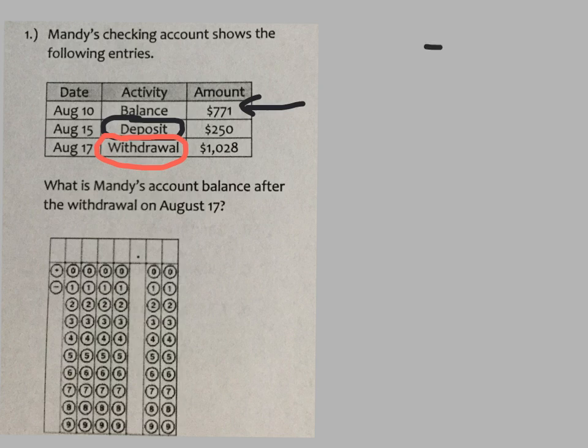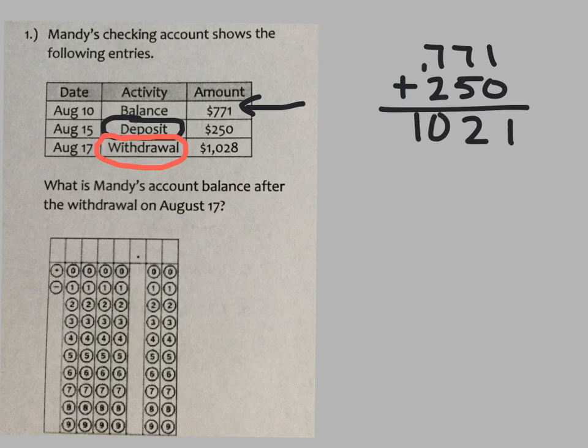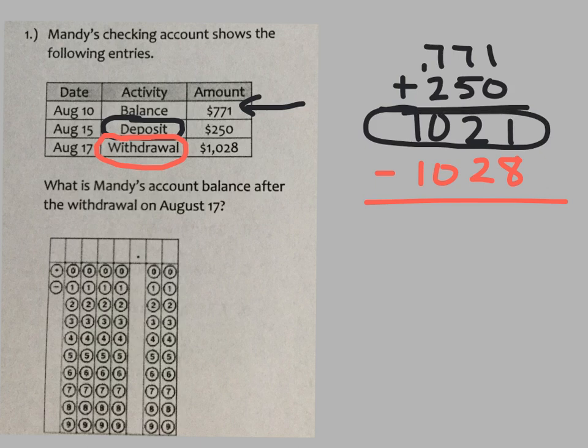Well, if she started with $771 and then she deposited or added $250 more, then at that point she's got $1,021. Then when she went back and made a withdrawal or took out $1,028, we're now combining positive 1,021 with negative